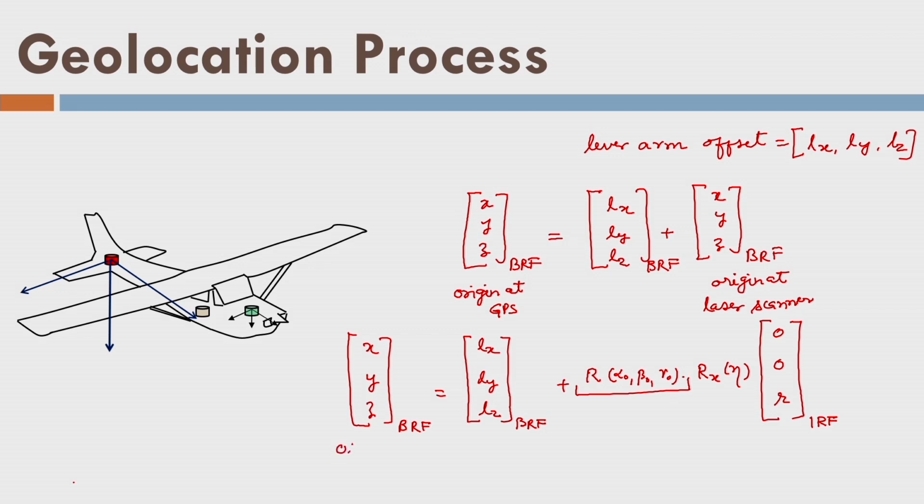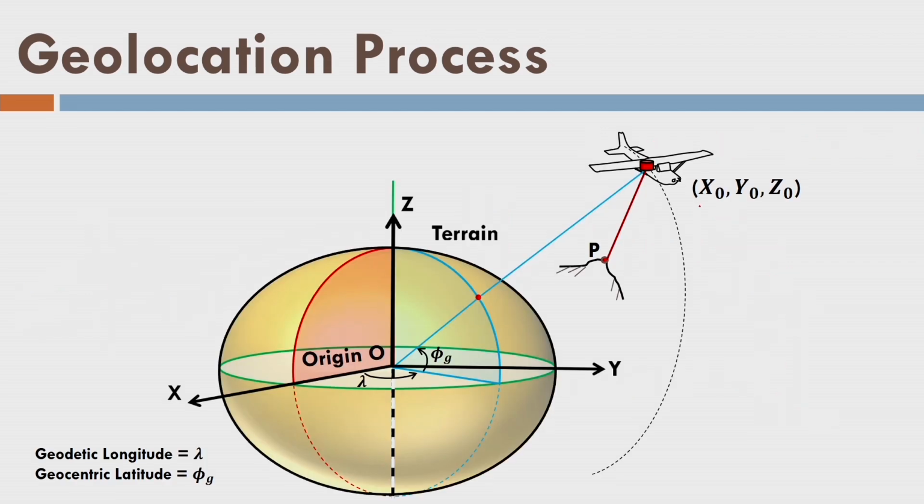Let me write here that origin at GPS. So, we have the body reference frame located at the aircraft trajectory, and the body reference frame is aligned with the IMU. So, the IMU is in the switched off position right now. If we turn on the IMU, it will indicate true north, true east and gravity direction. GPS is measuring the x0, y0 and z0 coordinates of the aircraft trajectory, here shown by the red color. We have already defined the earth tangential reference frame.